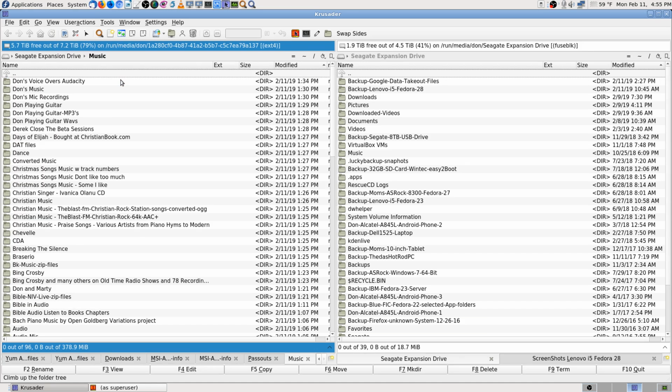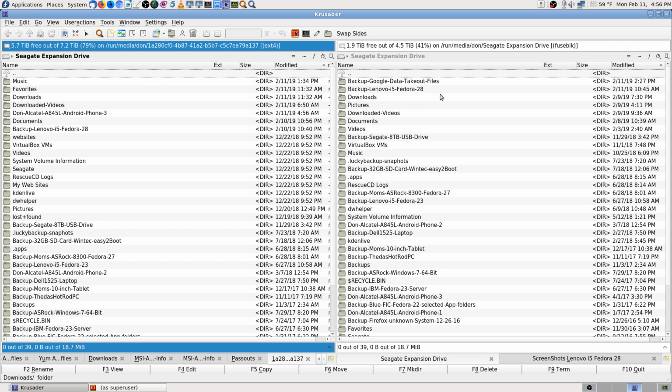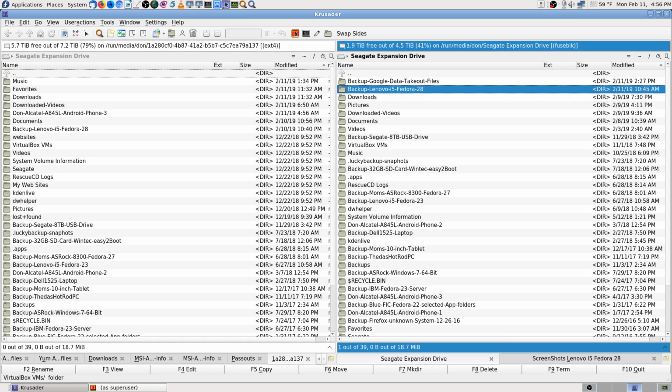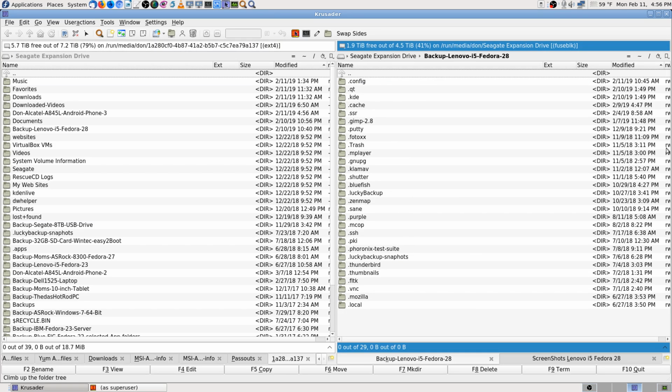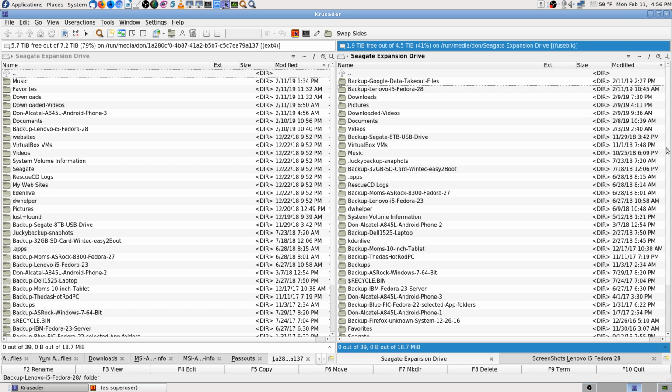What I was saying a while ago is about not getting files. Oh yeah, that would have new backups in it. That was already set as user Dawn, but that may be, like I said, because all these other directories are owned by user Dawn: downloads, pictures, all that. Unless I copied them from another machine. In the 4.5 terabyte volume over here, a lot of these backups came from, like, if I had my own downloads or documents or videos on another machine, I just went ahead and put them in the videos folder,